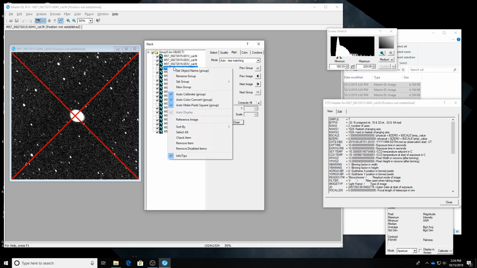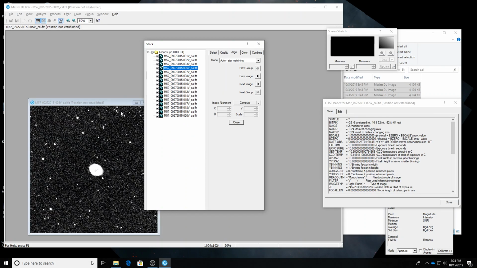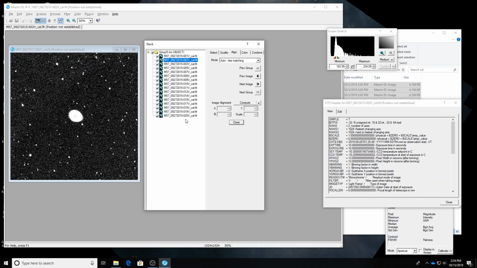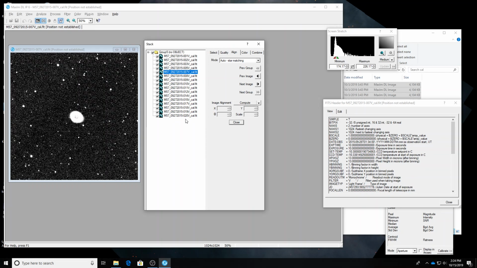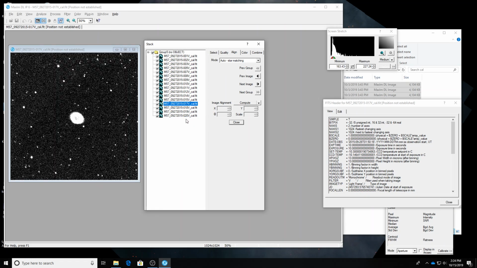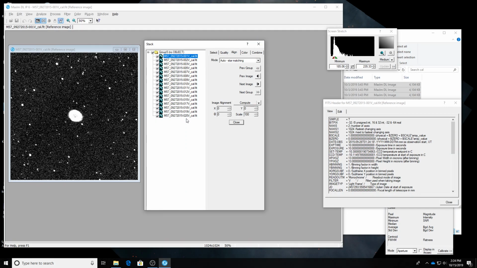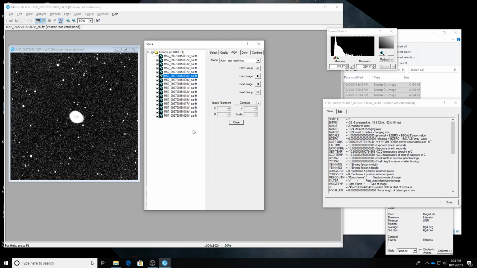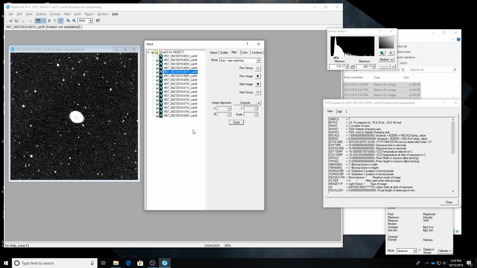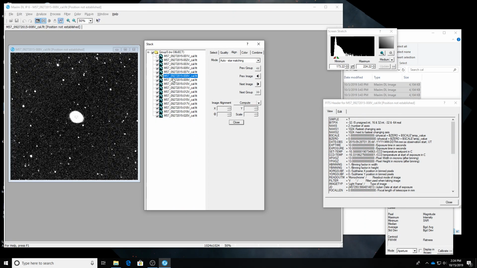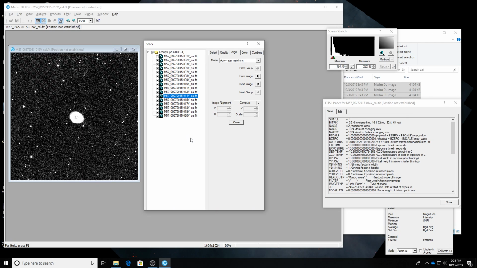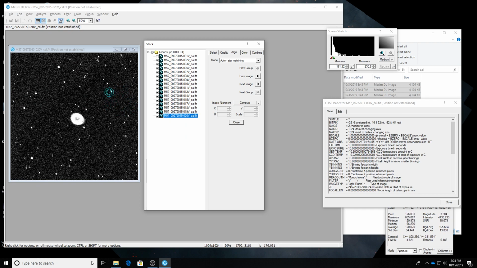Right click on a disabled one, remove disabled items. Go through the list again. Sometimes going through the list fast gives you a little bit more perspective about what the best quality looks like. And that first one is not so good. This one is not so good either. Tricky. Sometimes I find myself staring at one star. I keep looking at this one, so I'm going to switch it up. I'm going to look at these little ones instead